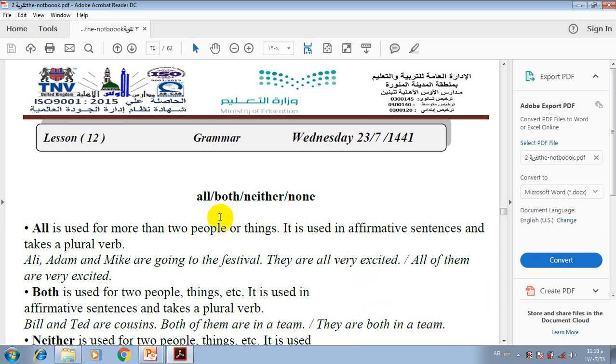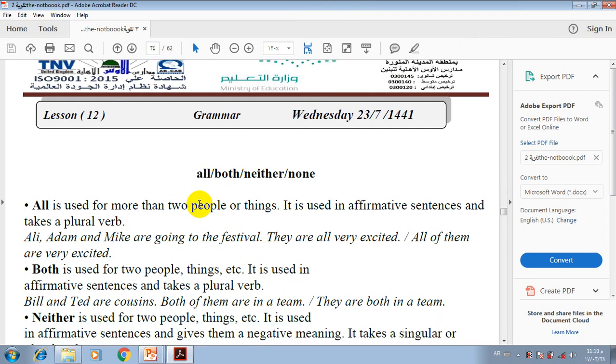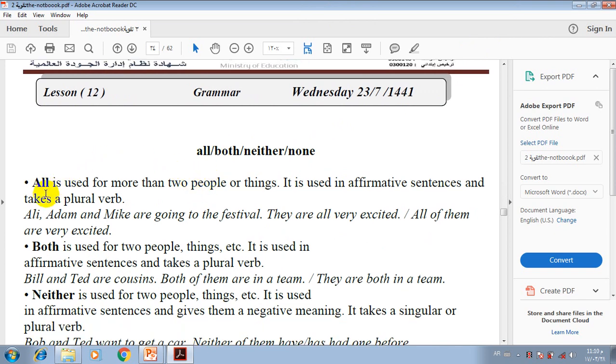Today I will explain how to use all, both, neither, none. It's our first rule for today. Let's differentiate between them. At first, we are going to talk about all. We use all